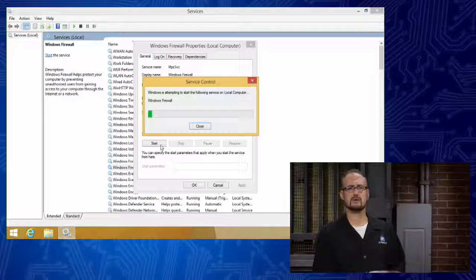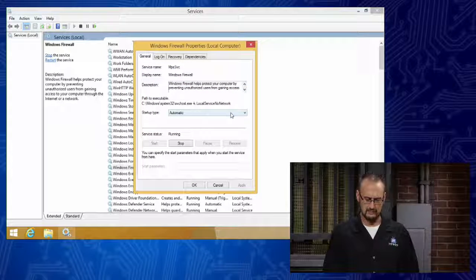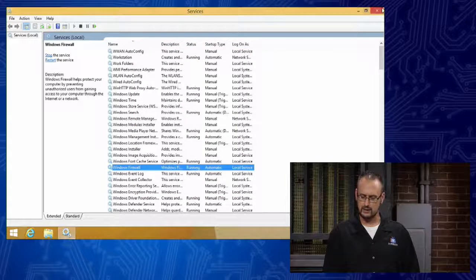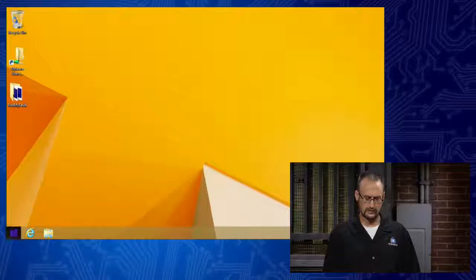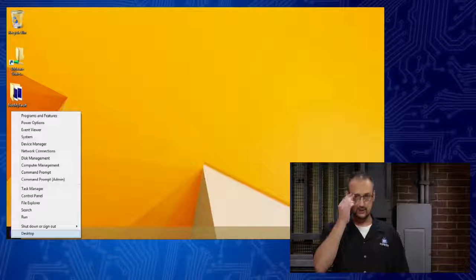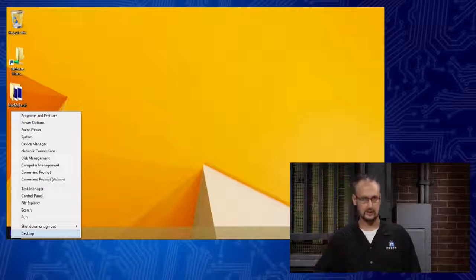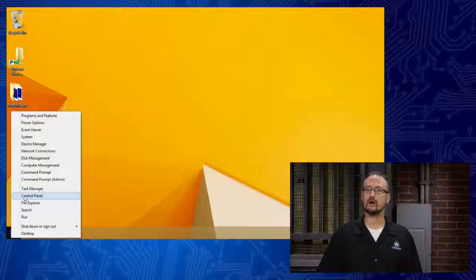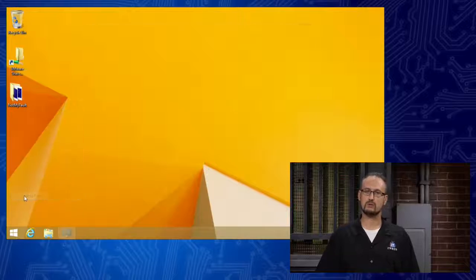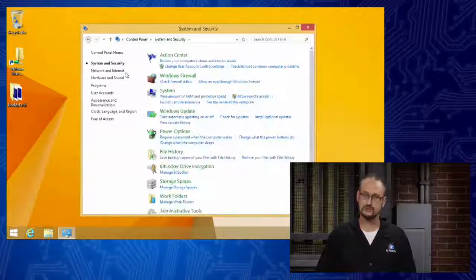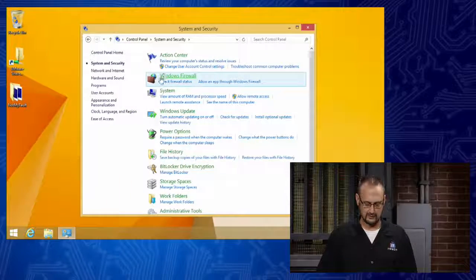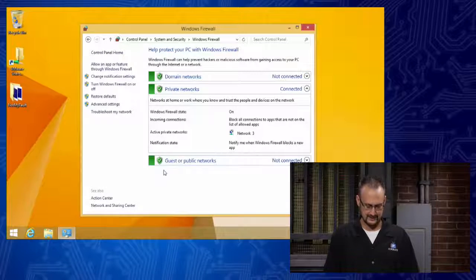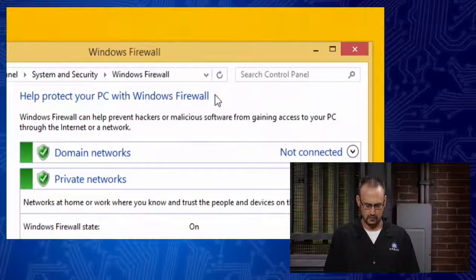So once I start the service, then you want to go back and check out your firewall in Control Panel to verify whether it is running or if it just turned the service on. That's the underlying process that really runs the Windows firewall in the background. So right-clicking on our Windows tile here, we're going to choose Control Panel. We're going to go back to System and Security, Windows Firewall, and I can see that, yes, the firewall is on,